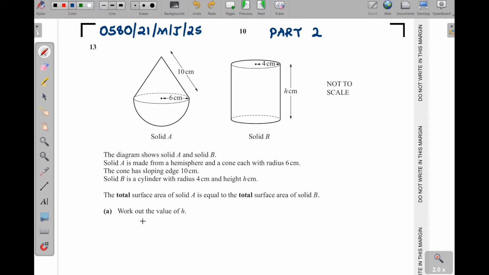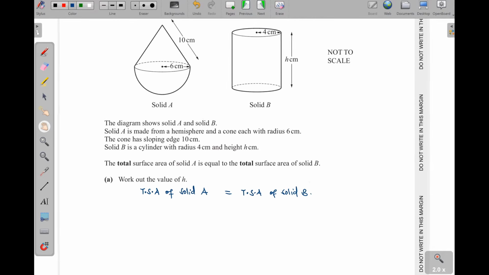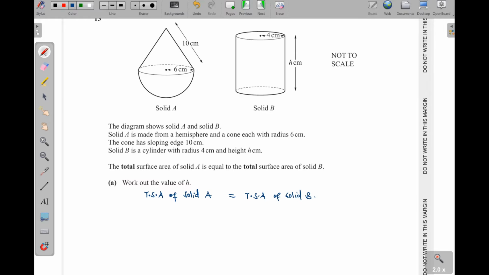Okay. They said total surface area of solid A is equal to the total surface area of solid B. Remember, at first on page 2 they give you the list of formulae. So you just need to check there, and then you just put the formulae that are needed. Now here for solid A,